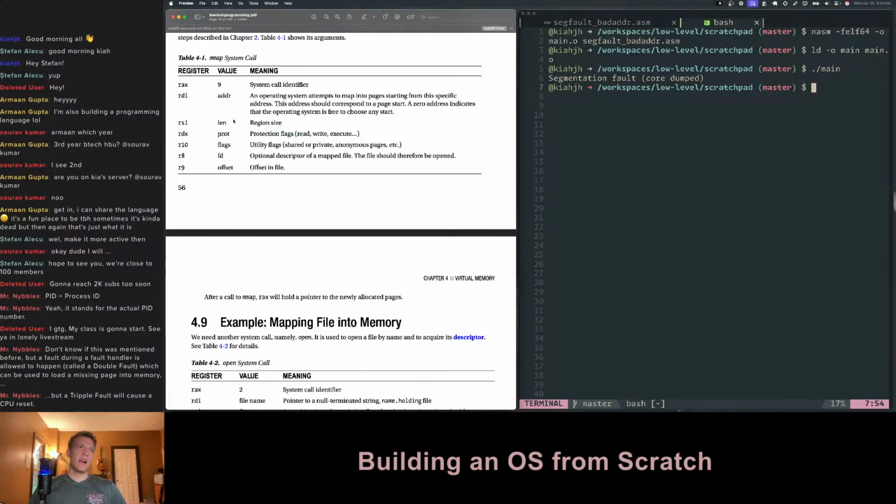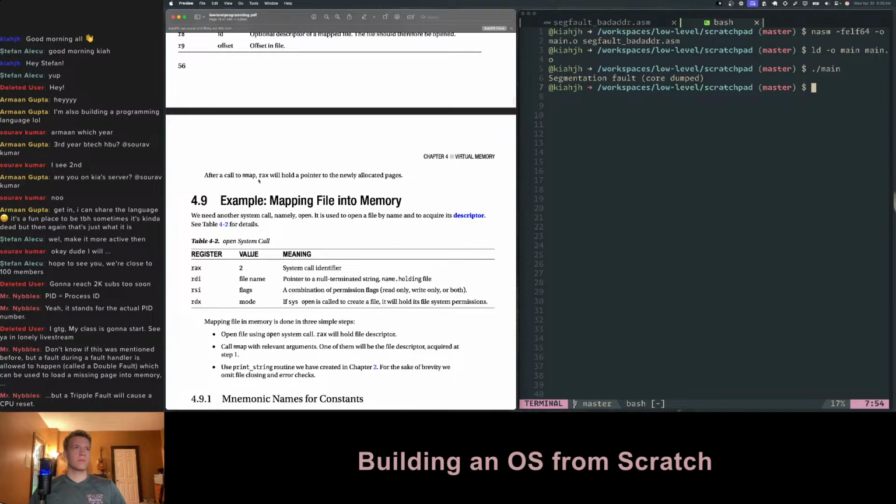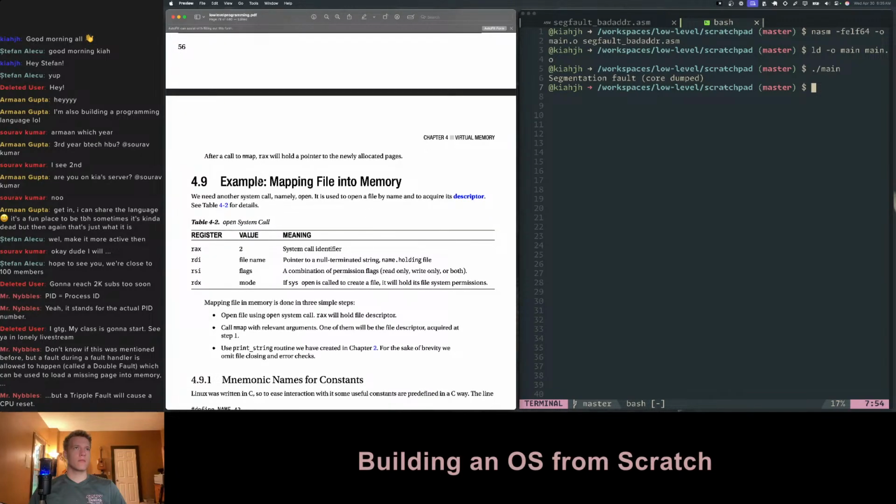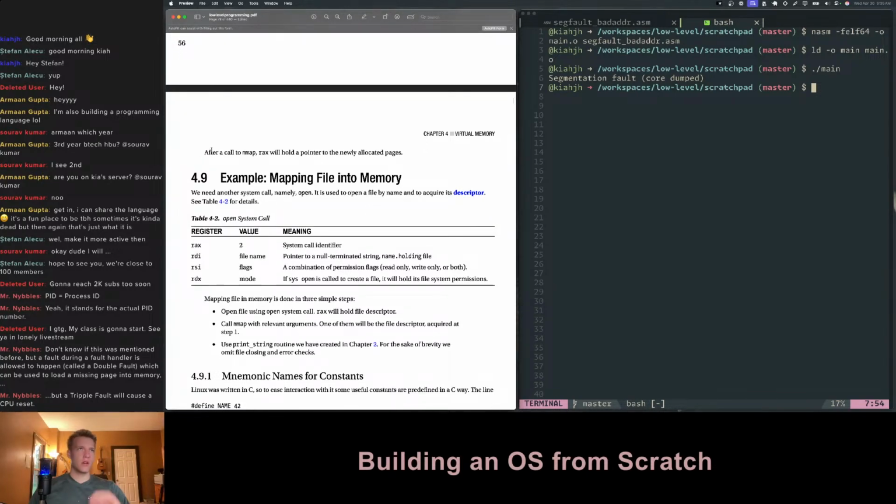RSI will be the region size, RDX the protection flags, and R10 the utility flags: shared or private, anonymous pages, etc. R8 is an optional descriptor of a mapped file. The file should therefore be opened. R9 is the offset in the file. After the call to mmap,